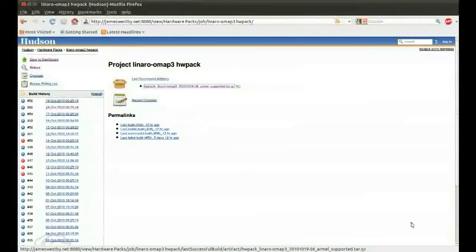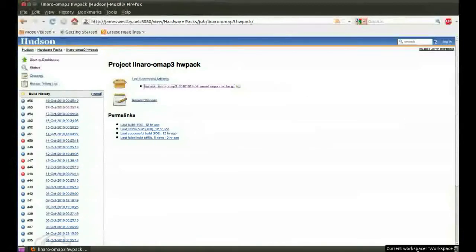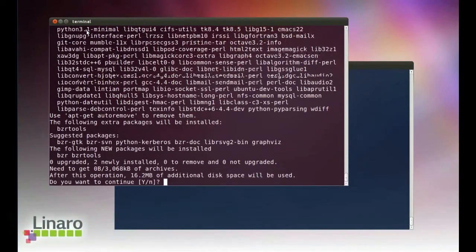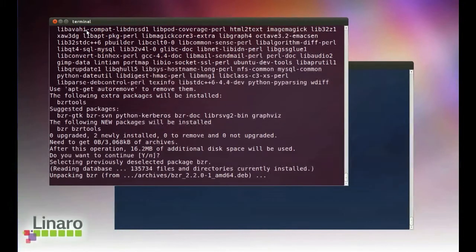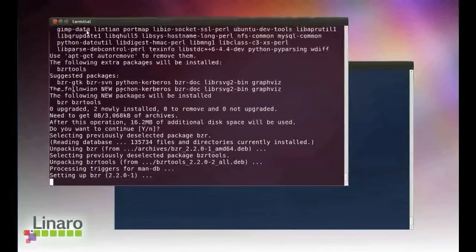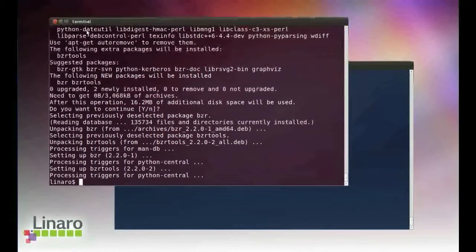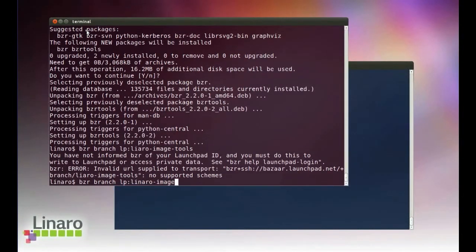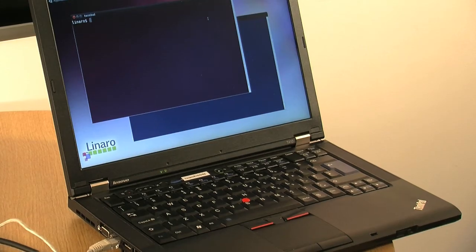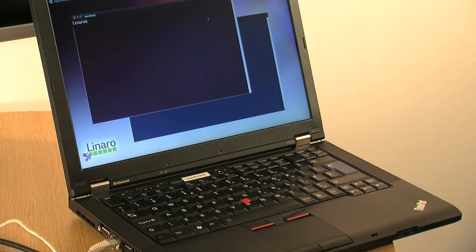To make a bootable image from the files you've just downloaded, you'll need the Linaro Media Create script. To get this, you need to install the Bazaar version control system. Now you've got everything you need, you simply need to run the Linaro Media Create script to set up your